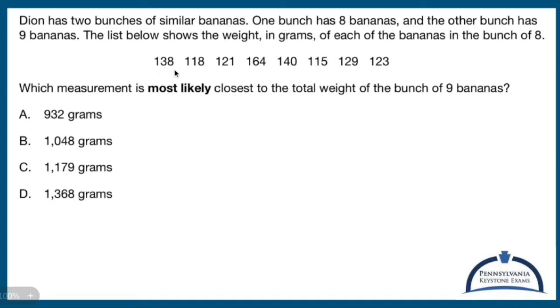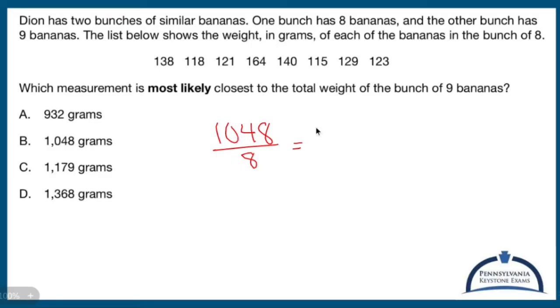All right, so we have to add all these up. I'm assuming this is for a calculator section, so let me pause and find out what all of these added up together are. All right, so according to Siri, when you add all 8 of these together, you get 1,048. So these guys are similar. If you wanted to find the average, you would divide that by 8. So you're looking at like 100 some.